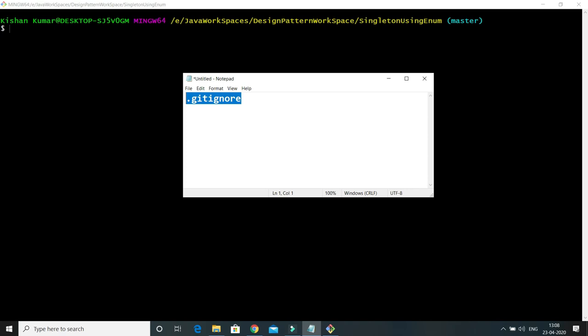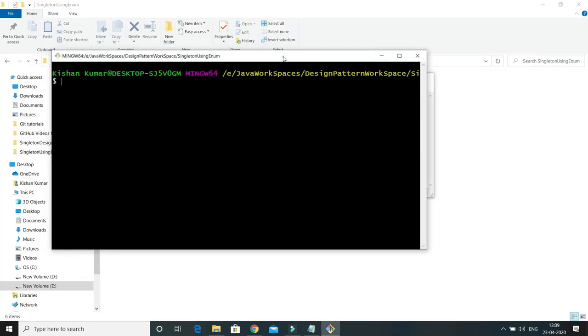Generally, ignored files are artifacts or machine generated files. When you compile your code, you get the bytecode, the .class file. That should be ignored, it shouldn't be checked in on GitHub. Another example, build output directories like the target folder shouldn't be checked in. Then runtime generated files like log files, etc. So here we'll try to understand how we can tell Git to ignore such machine generated files.